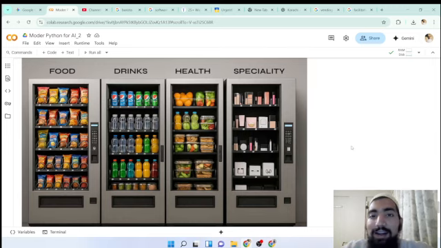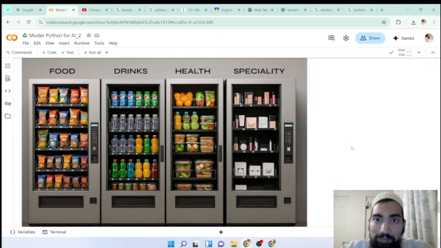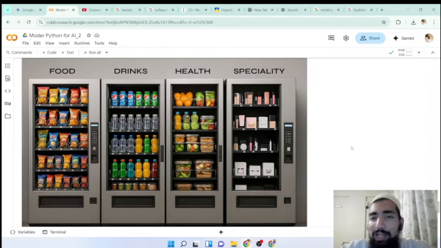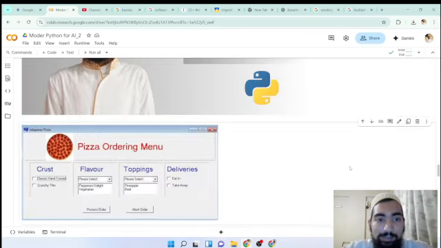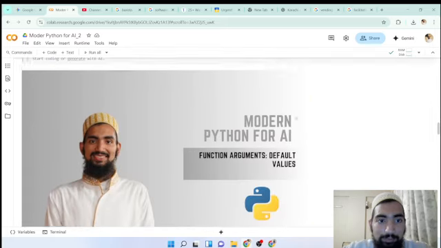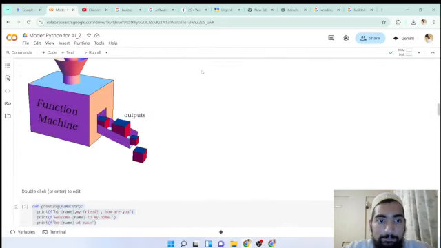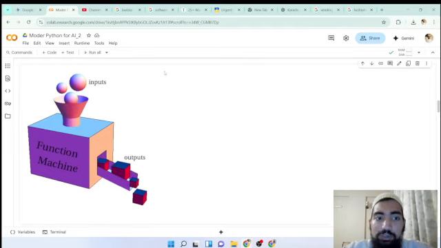The coin is like the arguments, and the product you get is like the return statement a function gives after processing. Oh, did you know, a machine diagram I displayed to you before? Yes, this one. The function is like a machine. You give it inputs and it passes you outputs.